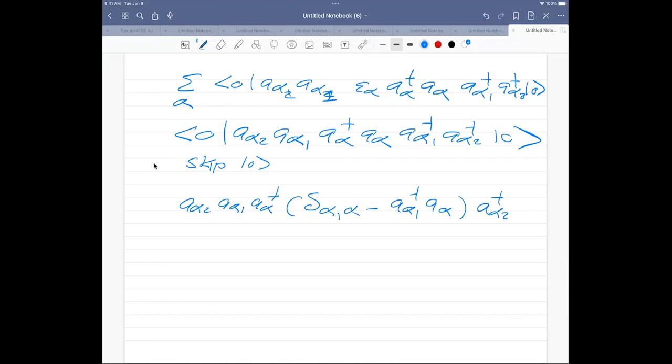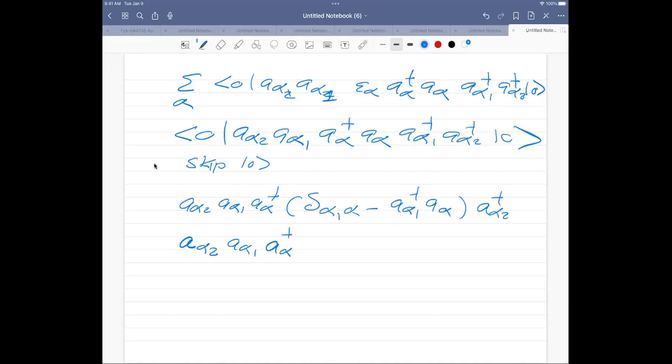Now, what I do next is I keep manipulating the second term. So what I'm going to get now is that this is going to look like as follows. So I will have an expectation value of A alpha 2 of A alpha 1. And now in my case, what happens is that alpha is equal to alpha 1. So I'm going to get A